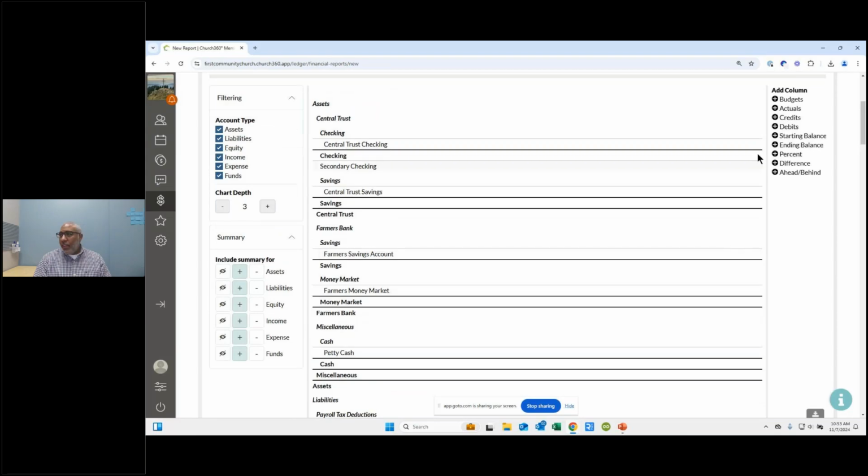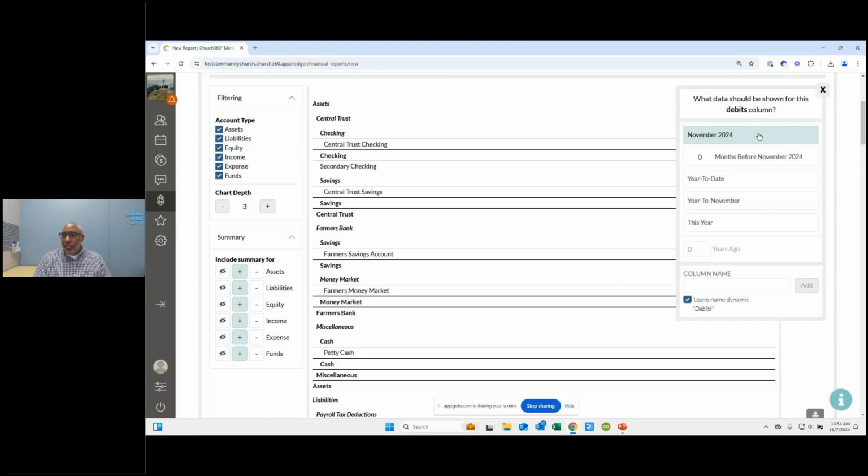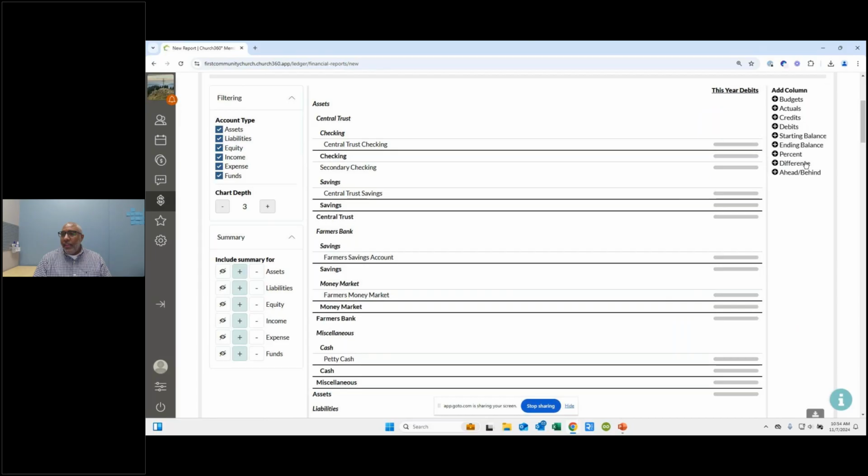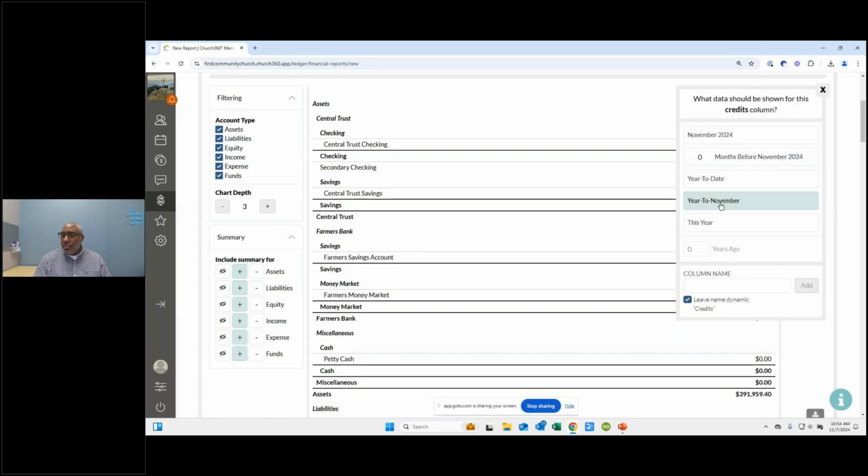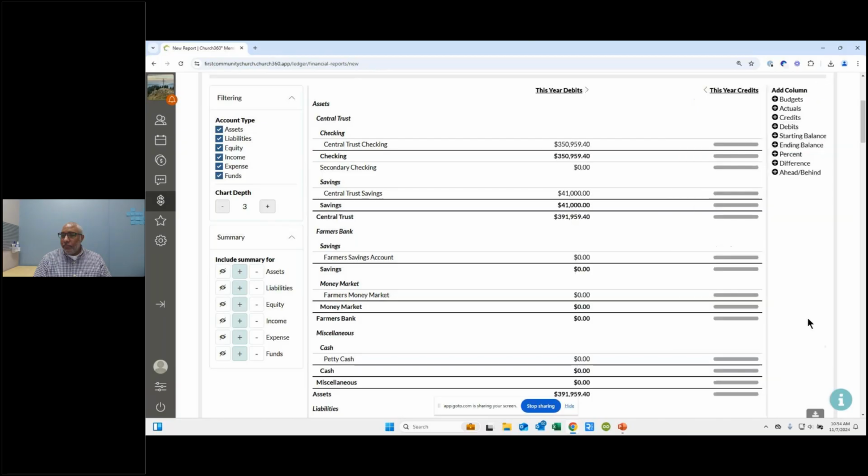Okay, and then from there, so this is the trial balance report. We're going to start with debits, and we're going to say debits for this year, and then add, and then we're going to put in our credits, and these are our credits for this year. And then we are going to say change, debits minus credits.